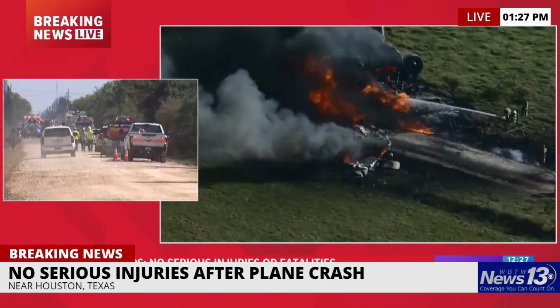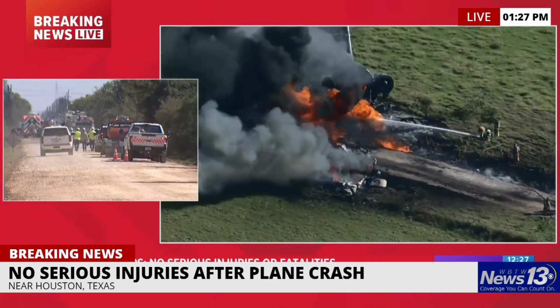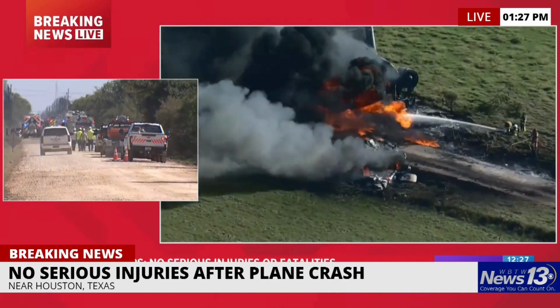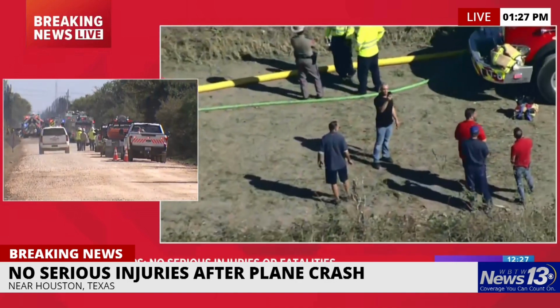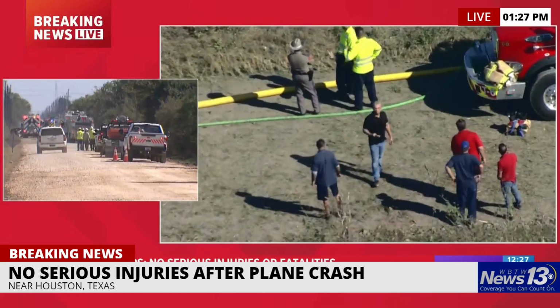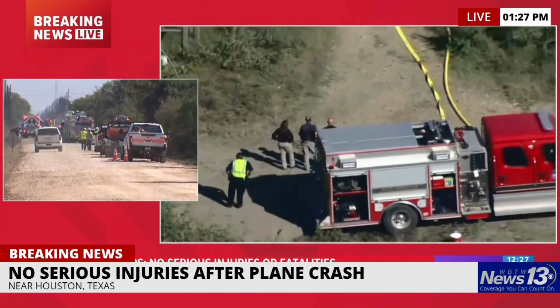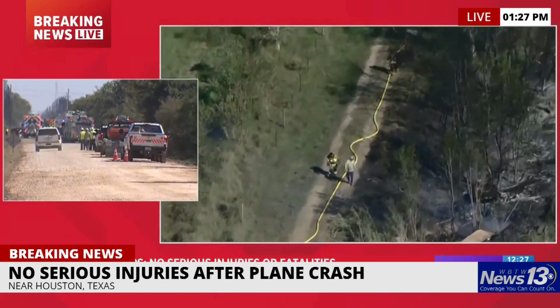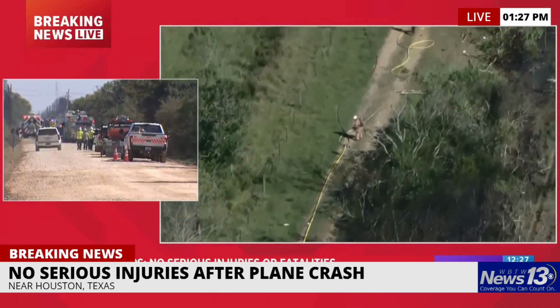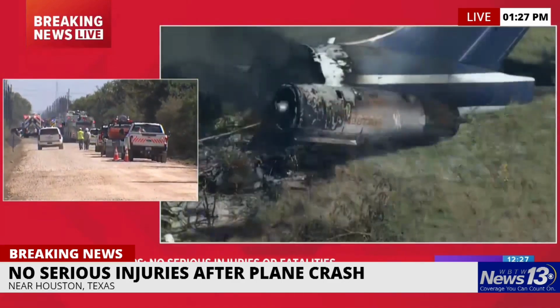But this plane never left the ground. It rolled, hit a fence, and caught fire. 2 pilots on board. There was a 10-year-old child on board, but again, this could have been a lot worse, Reika. Very much so. A lot of people in Waller County today thanking their lucky stars that they made it out of this situation alive. Firefighters able to gain control of that fire and those flames on the plane. So again, as DPS troopers said, this is a good day. Of course, we'll have more